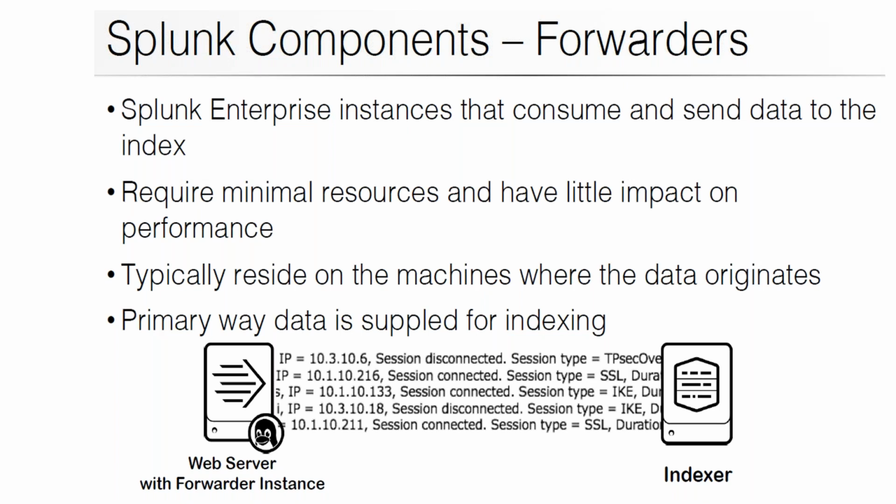It is reading log files. Here it is giving an example of, I think, a Linux machine. There is a Linux machine, and a web server is installed on it, as per the diagram of this penguin. Whatever web server is present, it is writing a log file. What I'll do is simply go onto the web server and deploy this forwarder. The forwarder will be reading the log file, whatever is present, and will be sending it to the next Splunk component, which is called the indexer. This forwarder requires very minimal resources and has very little impact on performance. So it's a very lightweight application.